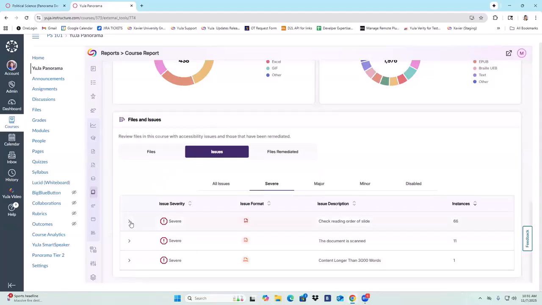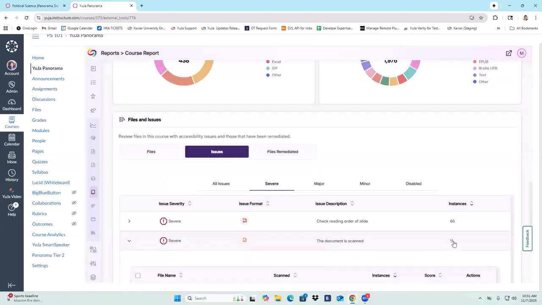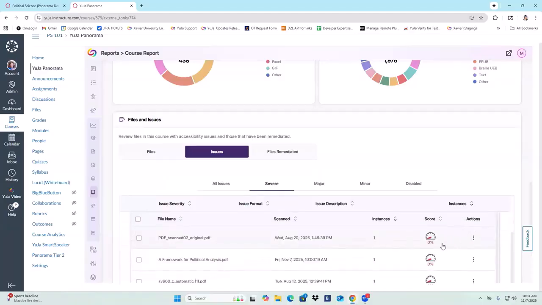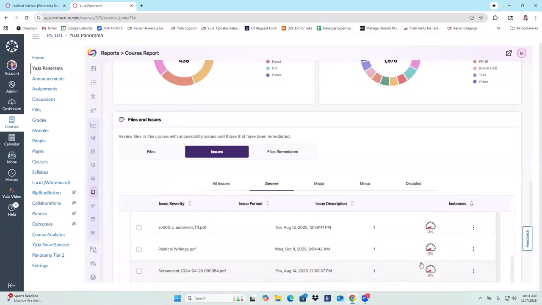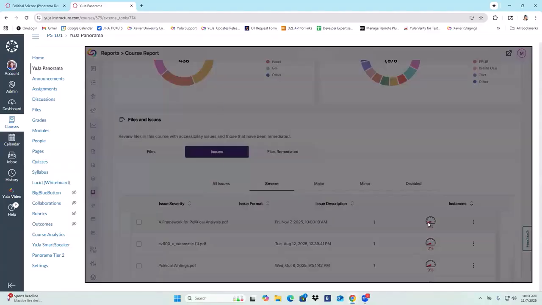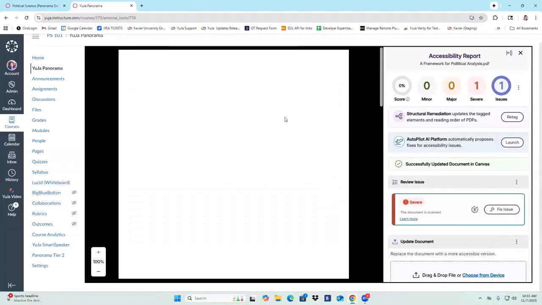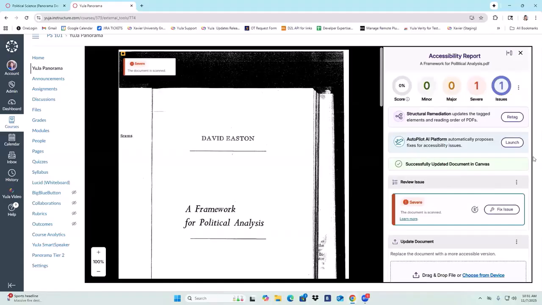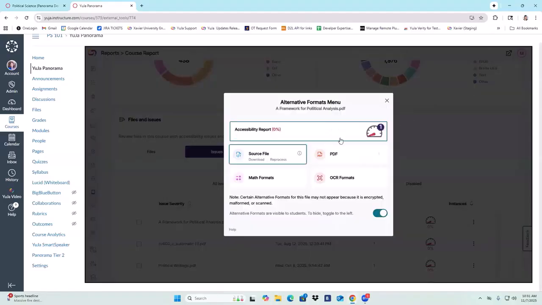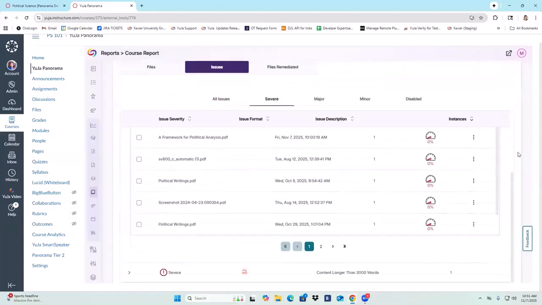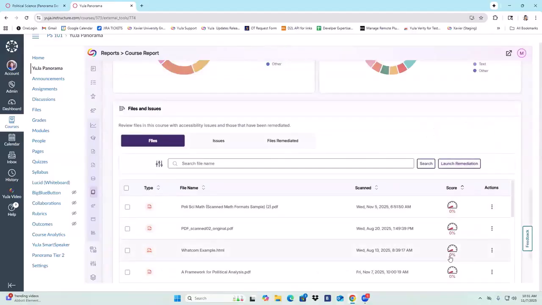So if I select the drop down, as you can see here, the document is scanned, for example, it's going to give me all the documents that are scanned within my course, and I can click into it and I can go in and start remediating those files from here. So it allows you to select what items you would like to start working on first, maybe the ones with the severe issues or the ones with the lowest score first.